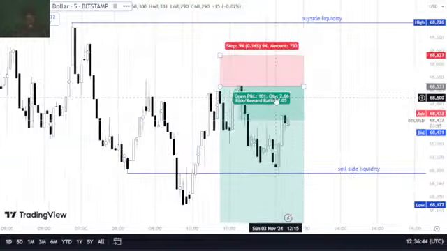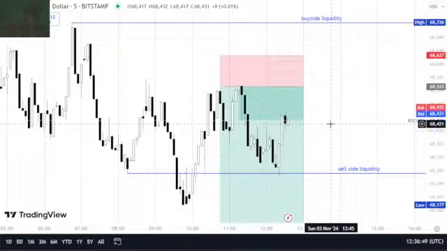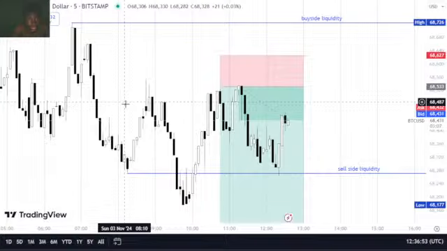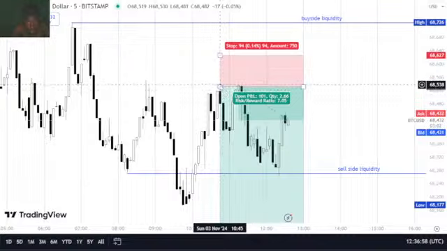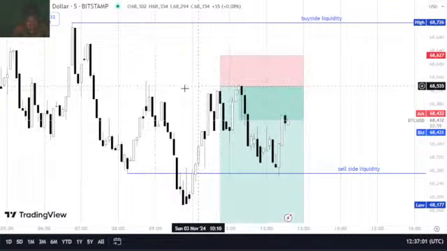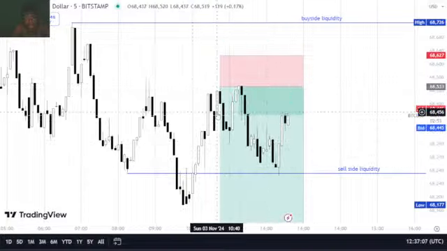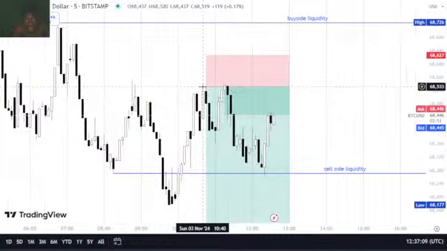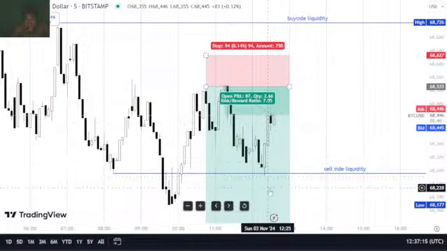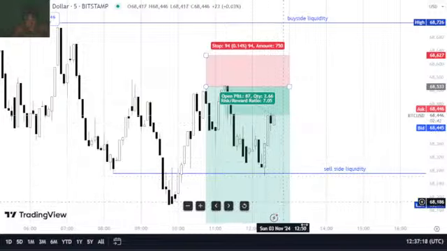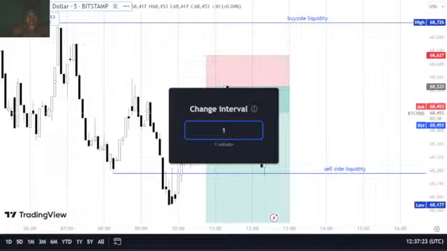So as you can see on the 5 minutes, price is going up, coming down. You see, it created a high, a low, then it broke this low, went up, came down. It was willing to break this high, but it couldn't. Rather, it swept liquidity, then came down, trying its best to break this low. So if price is able to break this low, then we are targeting this side, and that's all. We move down. Let's go to the daily.